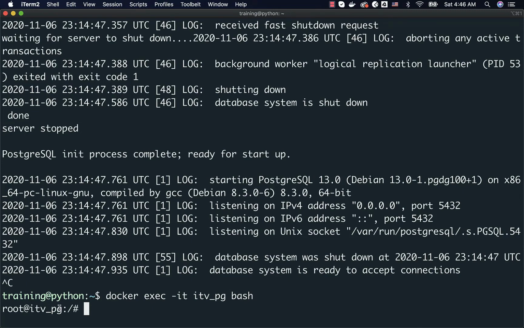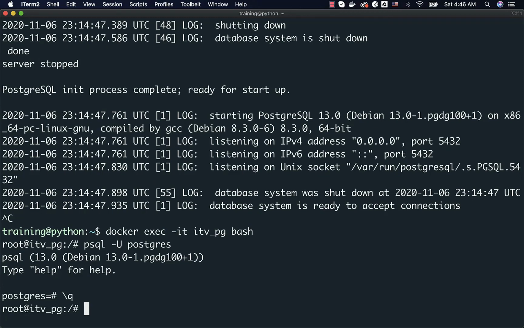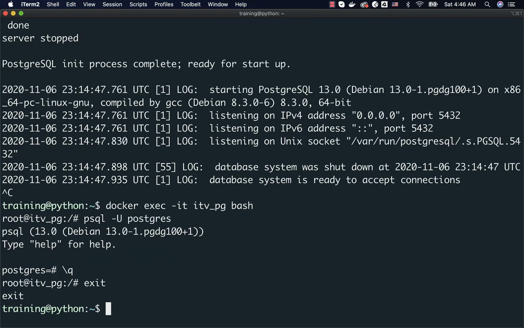Once you are attached to the container, you can say psql -U postgres to connect to Postgres using the psql CLI on this container. This is how you can connect to the Postgres that is running in a container, which is set up using Docker. You can come out of this and then say exit to come out of the container completely. Instead of going into Postgres using 2 steps, you can also replace this bash with psql -U postgres. Rest of the stuff is same.